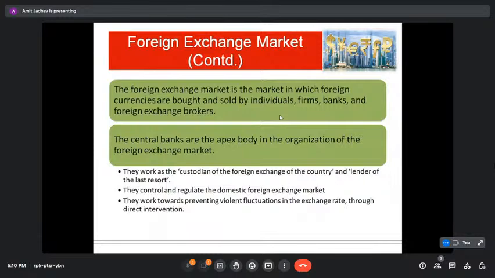So basically, the central bank or some other organization regulates such a market. They work as a custodian of the country's foreign exchange, and the lender of last resort. They control and regulate the domestic foreign exchange market. It means they try to control the domestic demand for and supply of foreign exchange. So basically, they work towards the